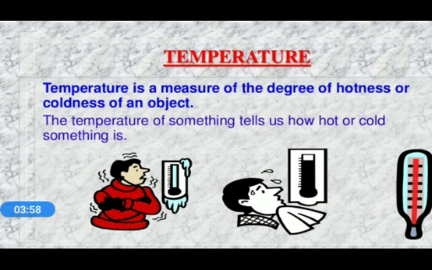There are certain other conditions also by which we can come to know whether it is hot or cold today. Like in the summer season our body sweats much more, and in winter the sweating is very little. So on the basis of such changes in our body also, we can decide whether it is hot or cold.